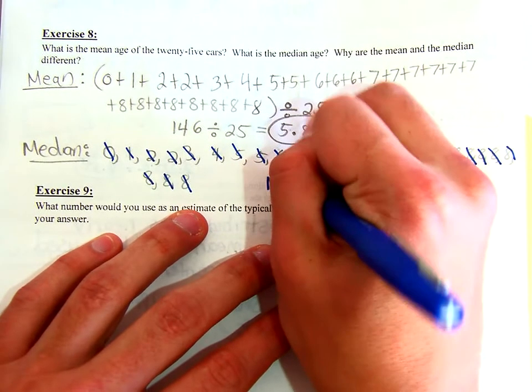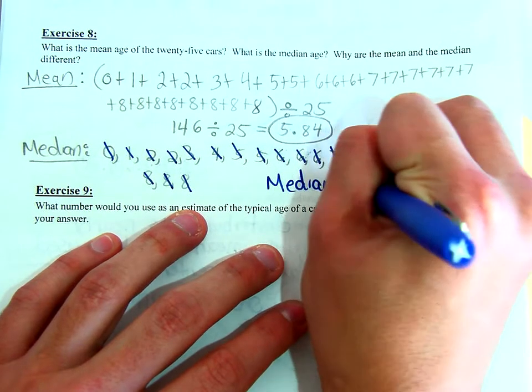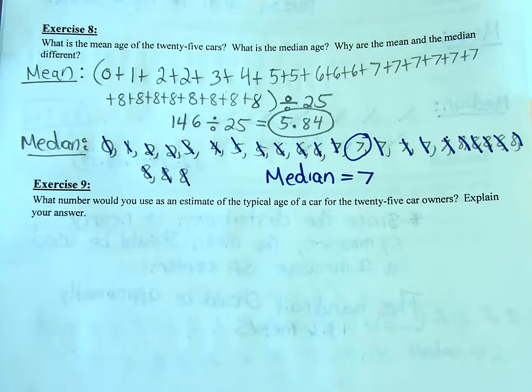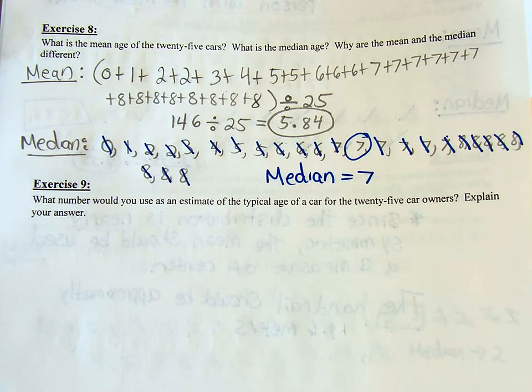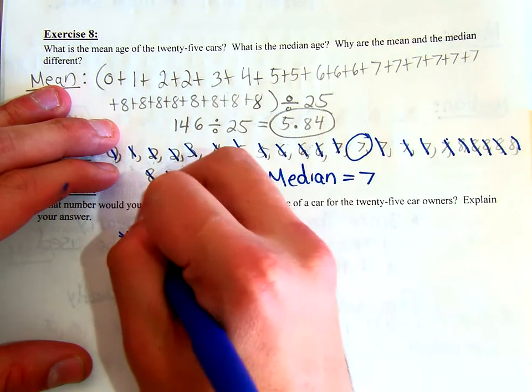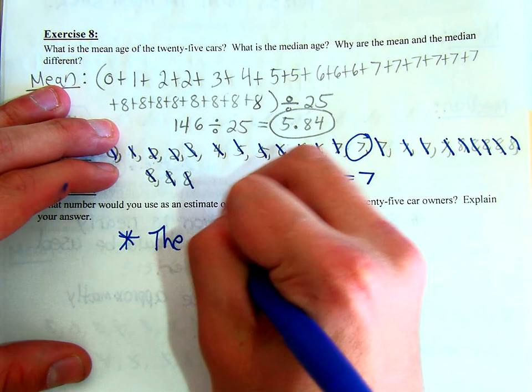So that means that our median is 7. And we see that 5.84 and 7 are two different numbers. They're not even approximately the same. So they want to know what number would be used as an estimate of the typical age of the cars of the 25 car owners, and they want us to explain our answer. Well, since we know that it's skewed, we know that the median is a better